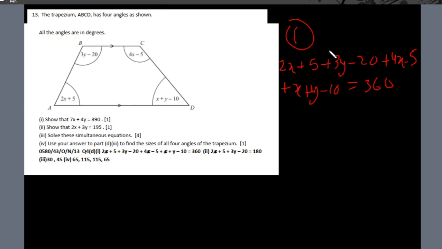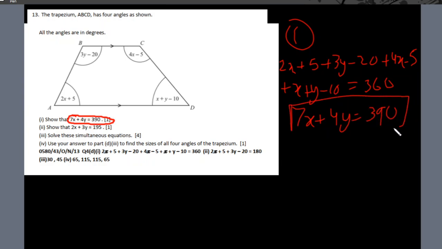This would definitely simplify to this. So I'm just going to write this: 7x plus 4y equals 390. Part 1. Part 2, show that 2x plus 3y equals 195. So again we're either adding these